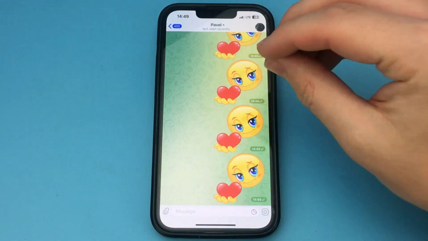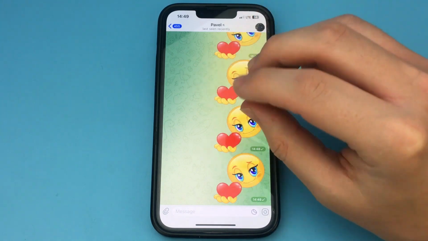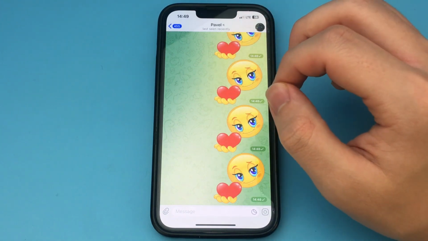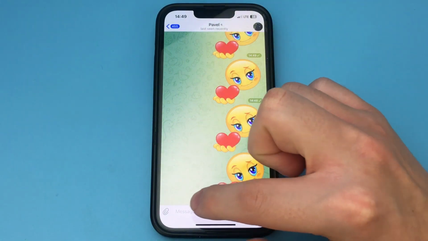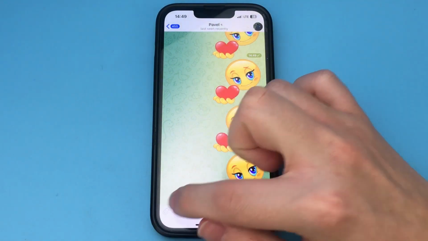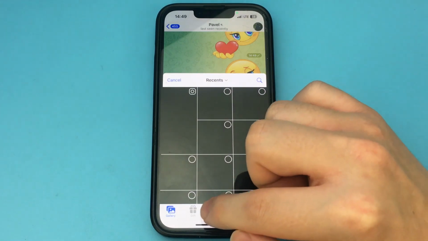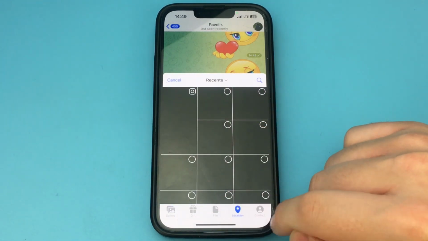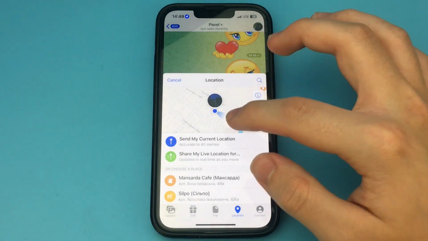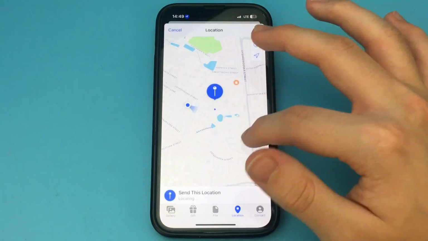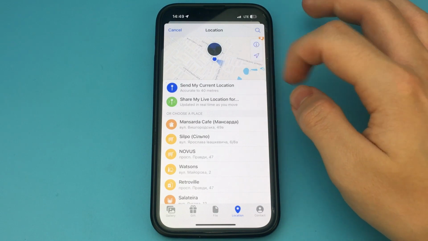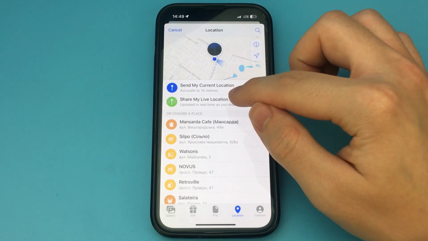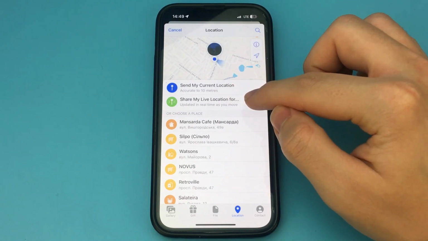It's very simple. You go to the Telegram app. Now you open up any chat room. For example, I opened a chat with saved messages. Now we click on the button Staple, and now we click Location. And now we wait a couple of seconds for our position to be as accurate as possible. After we've waited, the accuracy is better. Now we click Send. Now our friend can click here and see where we are. This is how it works.